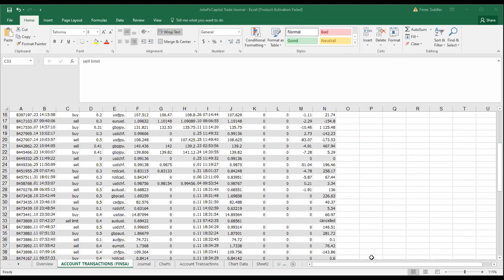Thanks, Otto. Piwa says, does your journal currently also incorporate the trades done on the simulator, or does it just have info from your day-to-day trading? This one is not from the simulator. This journal is not from the simulator. No, it's only from